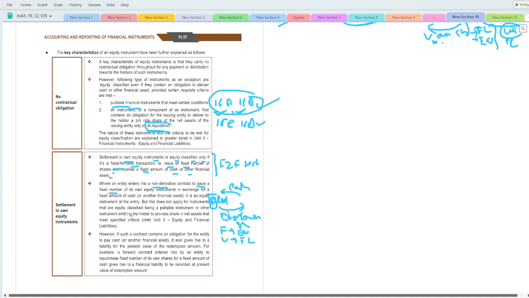सो पुटेबल और जो आपका 16 है, 16 भी और 16 से 16D जो है वो भी आपका इक्विटी इंस्ट्रूमेंट होता है, लेकिन वो आप ओन शेयर्स में कैटेगराइज, उसको आप ओन शेयर्स में नहीं ट्रीट कर रहे हो यहाँ पे. ठीक है.